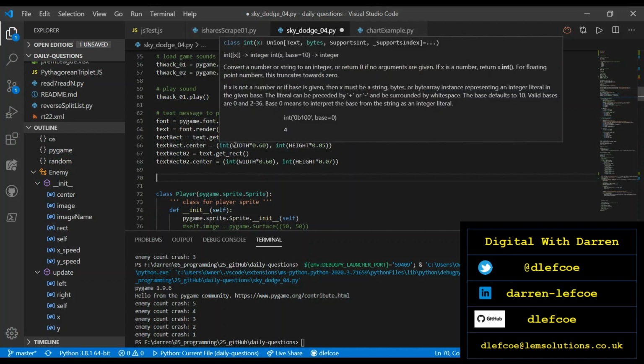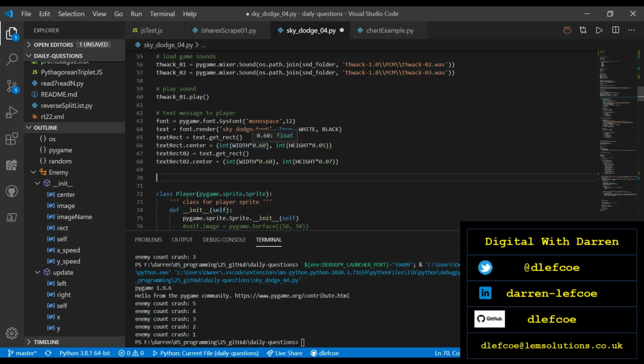And I've chosen here to do width times by 0.6. So it's roughly starts halfway across the screen according to the width, 60%. And the width of the screen starts from the left hand side. So you've got pixel 0 here, and then you might have pixel 100 across here, next one, and then 200 as we go along. And then we'd have 300,